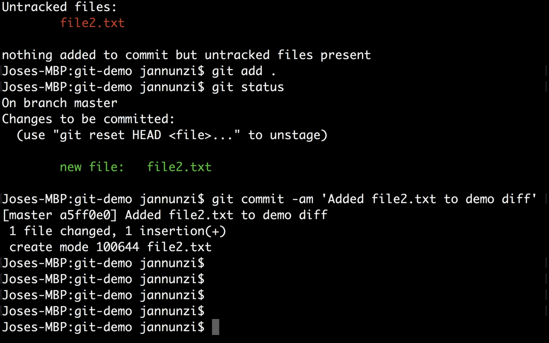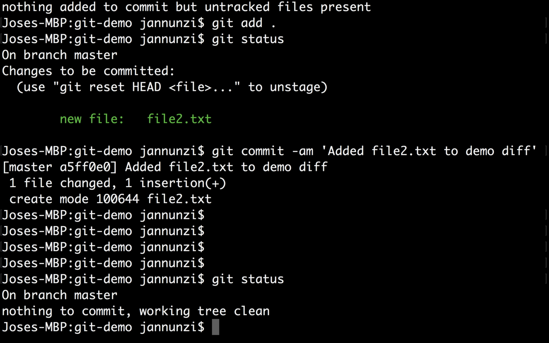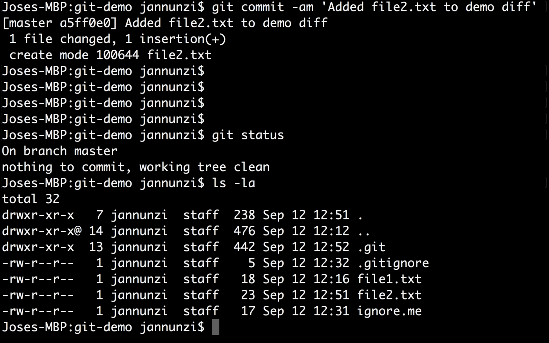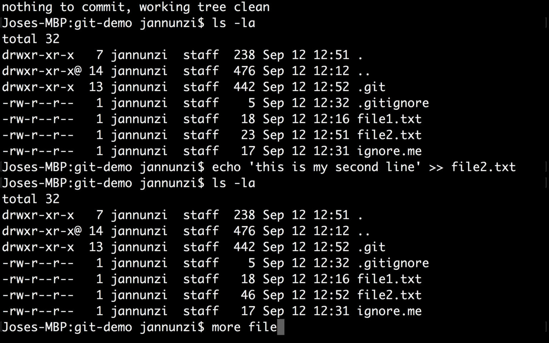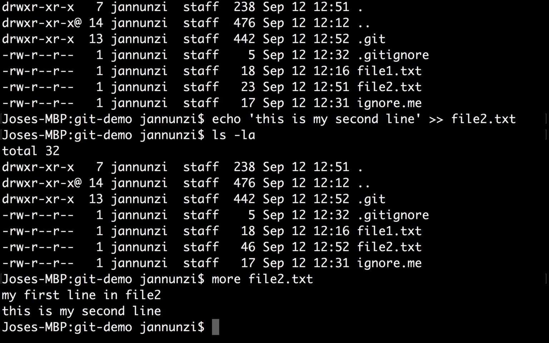All right. So now we don't have anything else, and let's change file number 2. So we now have file number 2, and let's add a second line. So we'll say maybe echo, "This is my second line," and we'll add it to file2.txt. And we'll notice that we can look at file number 2. We have those